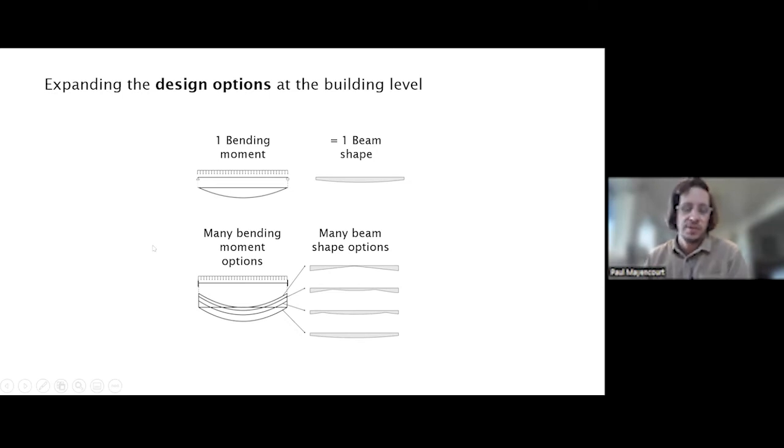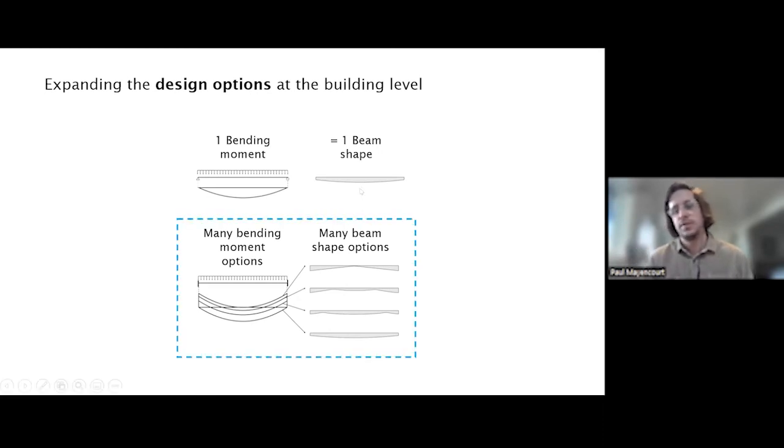And when we started combining different structural elements into structural systems, we looked at indeterminate structure systems. I don't know how familiar you are with indeterminate structures, but pretty much you can use structural tricks to change how the bending moment is being distributed in the element or the structure. So we use that to shift towards having many bending moment options, meaning that we can also turn that into many different beam shape options in terms of the savings, but also the structure aesthetic.